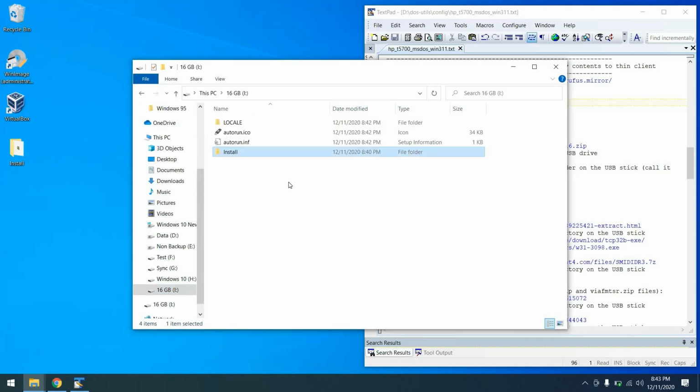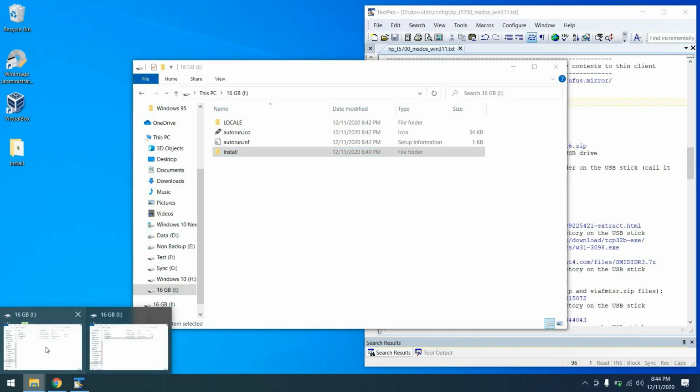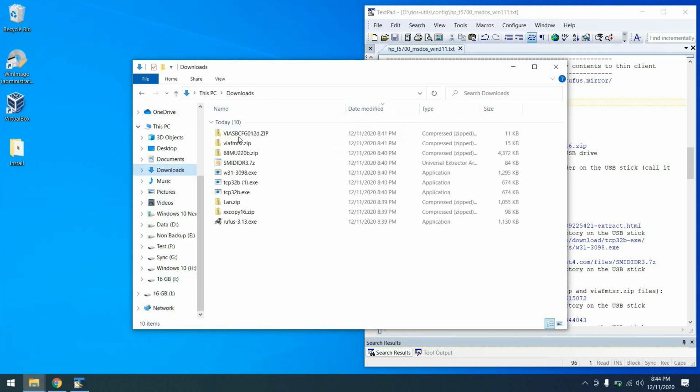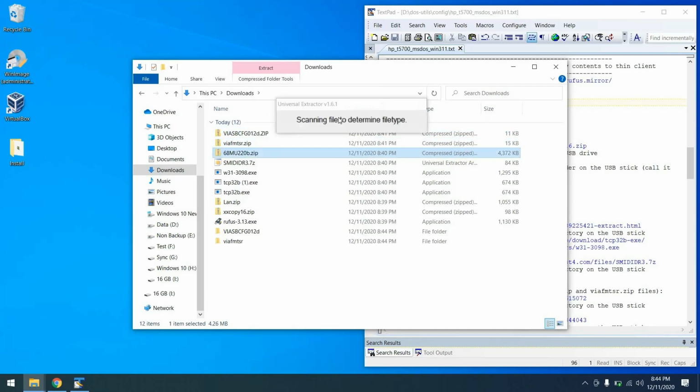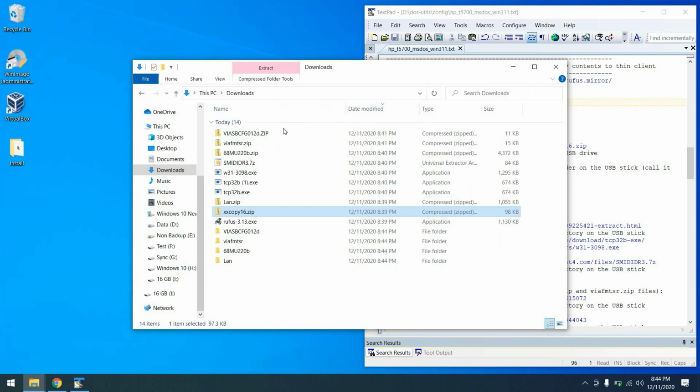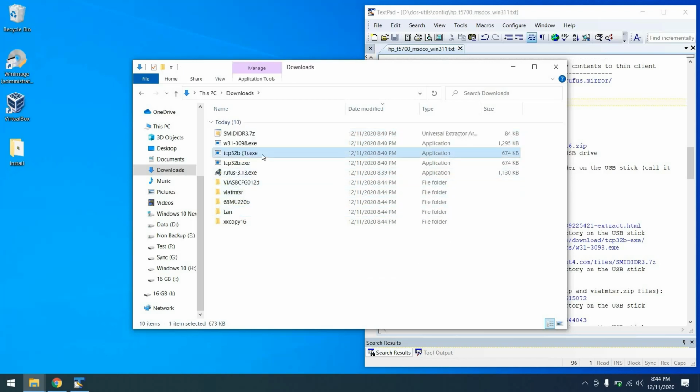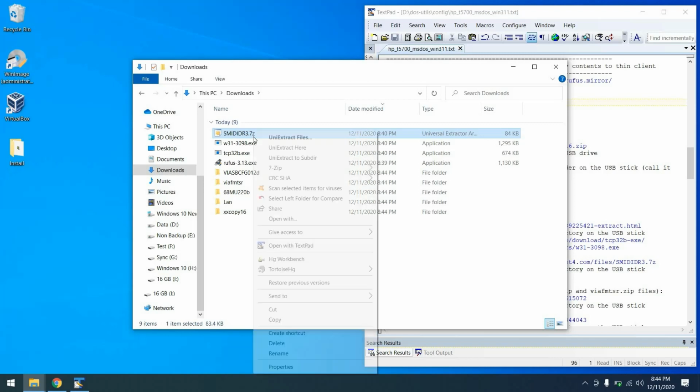With the installers copied over, now we want to copy all of our drivers over to this USB thumb drive. So let's go to the Downloads directory. And let's just start unzipping things. And you can see I'm just going one by one and unzipping all of the zip files. And so I don't confuse myself, I am now going to delete them. Let's also delete this TCP32B that I downloaded that I didn't need. I downloaded it twice. And let's unzip this SMI-DIDR, which is